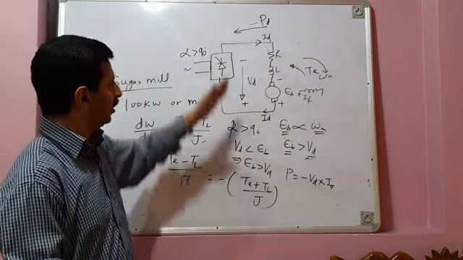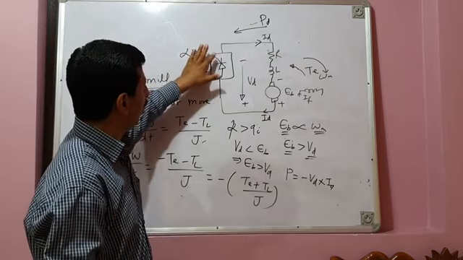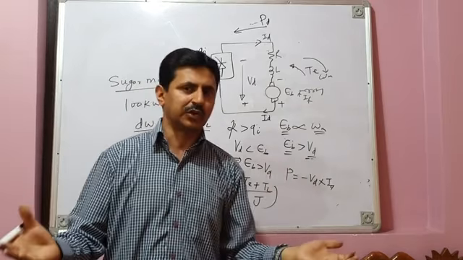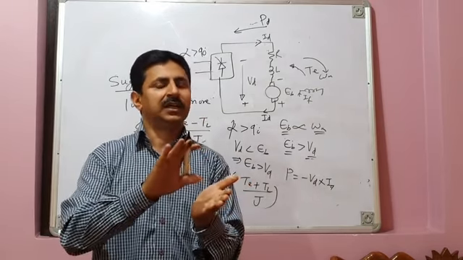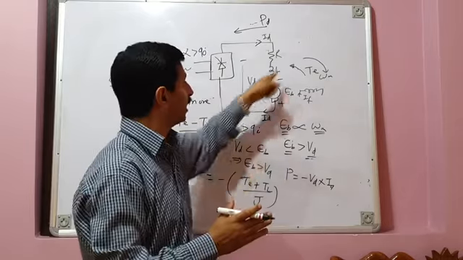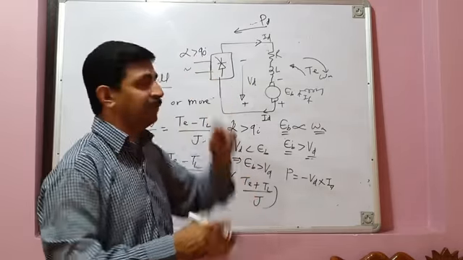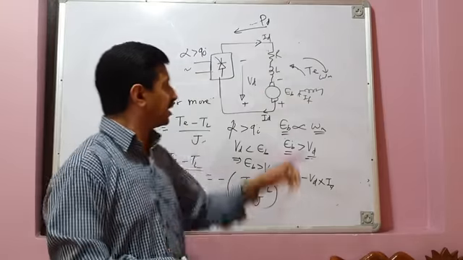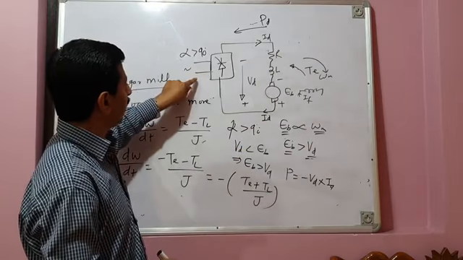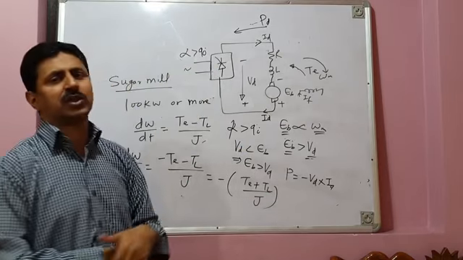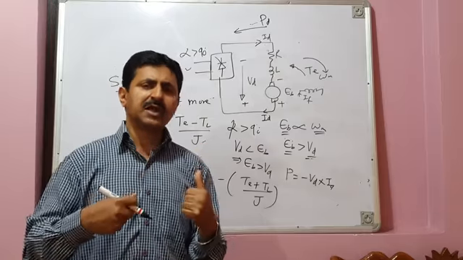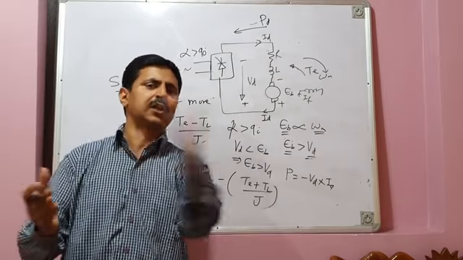So this is why you operate your converter in the inversion mode of operation. Whenever regenerative braking is required, you operate your converter in the inversion mode of operation. When the machine has to operate in the motoring mode, you operate your converter for alpha less than 90 degrees, that means in the rectification mode of operation, and power flows from AC side to DC side, and the machine consumes that power and acts as a motor and drives the load.